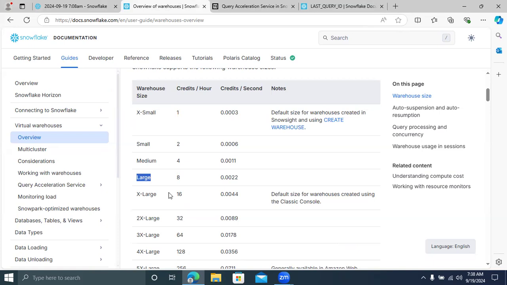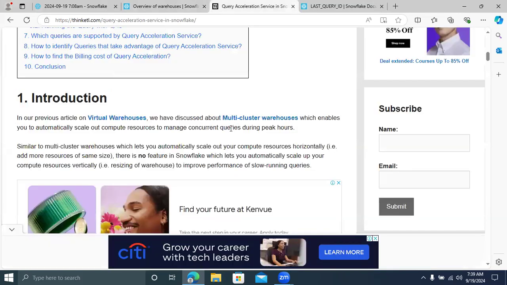If you want to get your results very fast, or run multiple queries in a single warehouse, it definitely won't give very good performance. If you want to run multiple queries in the same warehouse, you have to go for multi-cluster warehouses.